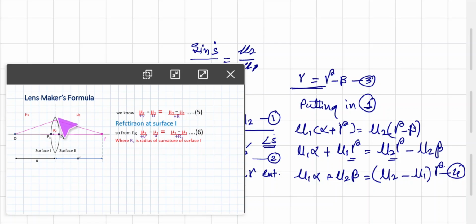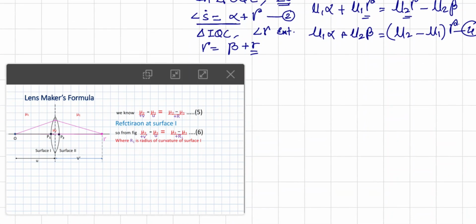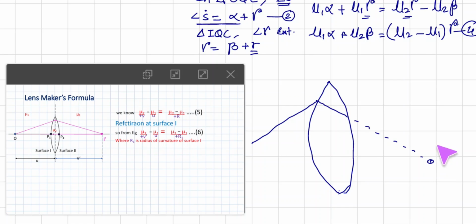Now let us consider that the second surface is now in the picture. Now what is going to happen? Carefully, if you observe, let us consider this kind of scenario. If this is a lens, when the second surface is absent, the ray which is coming to this point refracts and then goes in a straight line, where we have shown the image I dash is formed. Just understand, at this point image I dash is formed.